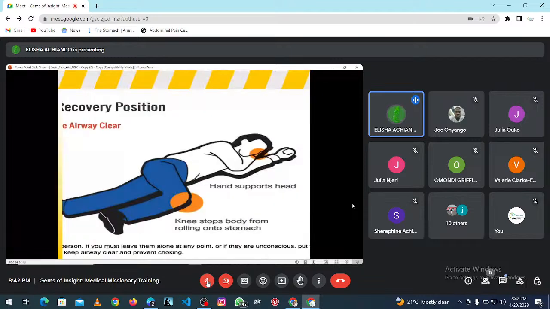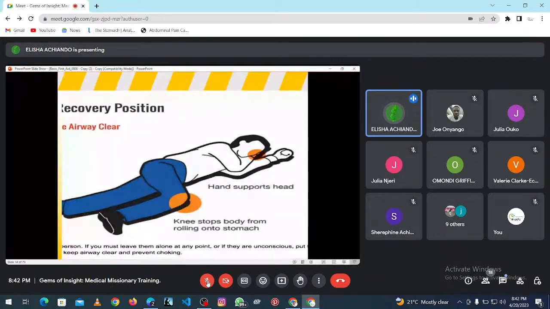Even as you plan to do first aid for, let me say, someone who is having shock, I think shock is respiratory, and we'll talk about it in respiratory system disorders. This is called the recovery position. It's one of the positions recommended for a victim in different kinds of conditions and situations when you are doing first aid.